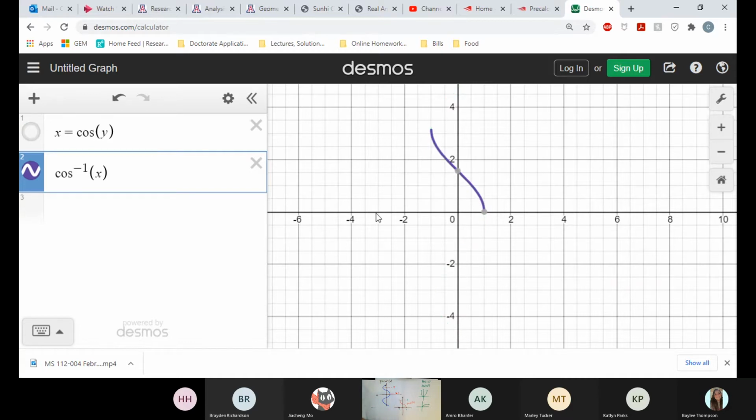So no longer taking all the values, going from that 1, 0 up to pi as the output up here. So the y values are the range, 0 to pi, and the domain values are the x values, -1 to 1. So they look very similar,